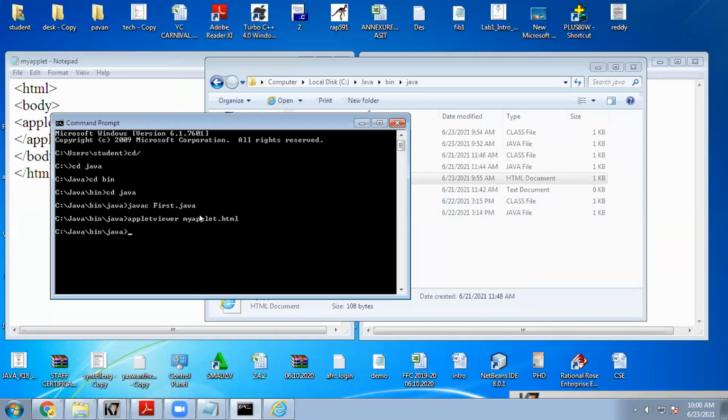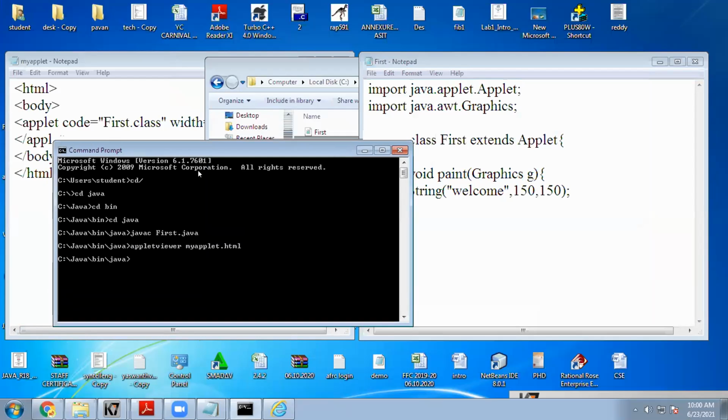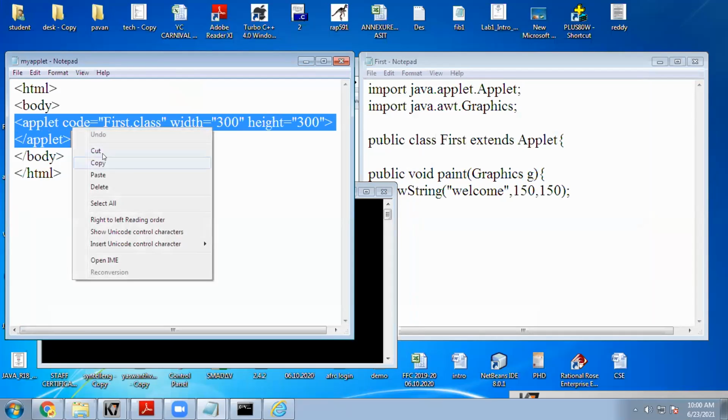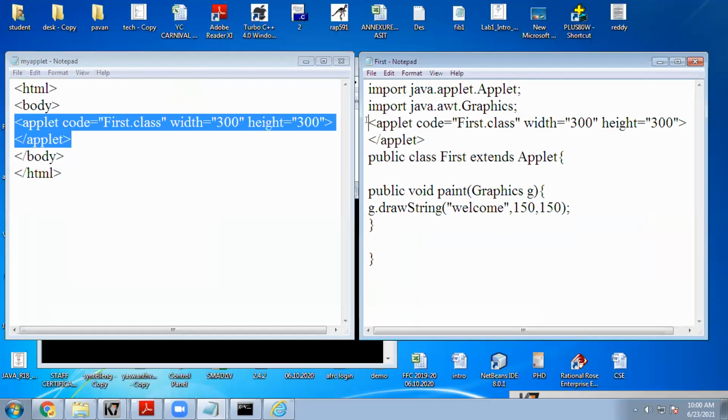Now I'll try to execute this by using Java code. The earlier way was to execute it directly by using HTML. Without writing HTML code, you can execute this file directly by using Java code. To do that, in our Java code we have to add the applet tag information. I'll copy the tag information into the starting part and keep it in a comment. That is important, you should not forget this. You have to keep it in a comment, otherwise the Java compiler shows an error. So we do it like this, and I will save this.